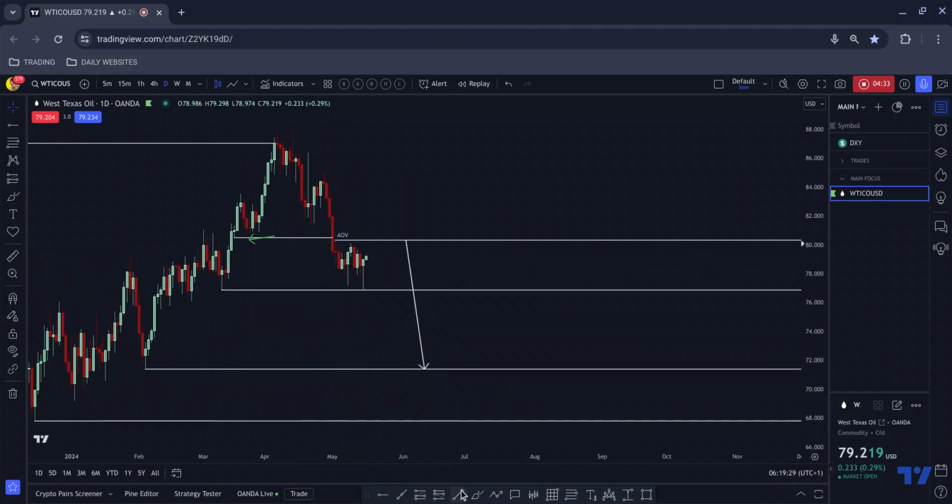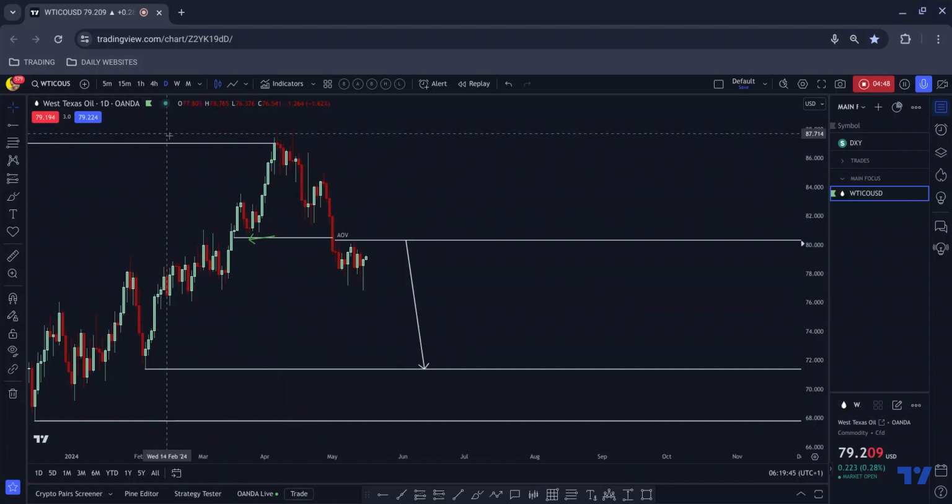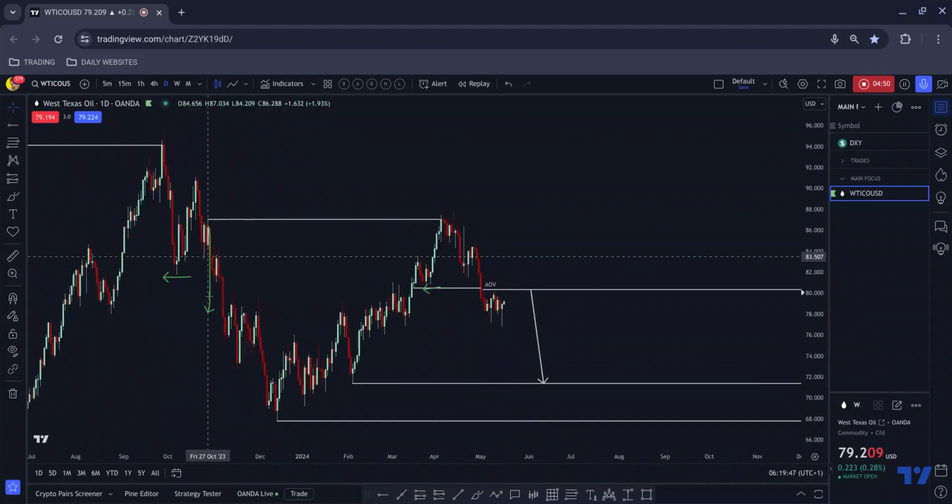So I'm just seeing this as a potential expanding pattern now, where we have the lower lows and then potentially the higher highs within the structure. So the questions I asked myself, if I was going to be looking for a short trade from this pair, am I well positioned on the